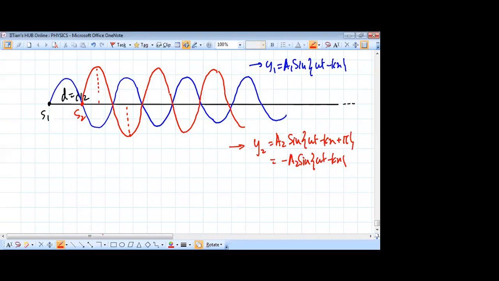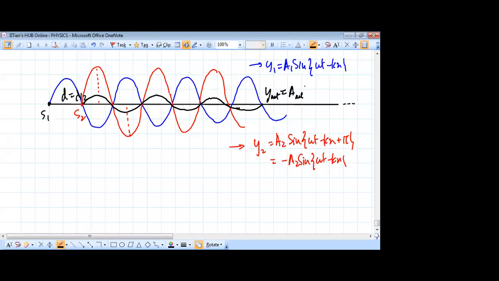So you can see the resultant wave actually will be like this. These are y1 and y2. So the resultant displacement, which is coming from the superposition of these two, will be something where they are overlapping. It will be something like this. The larger amplitude A2 dominates everywhere. Okay, so this is my net y,